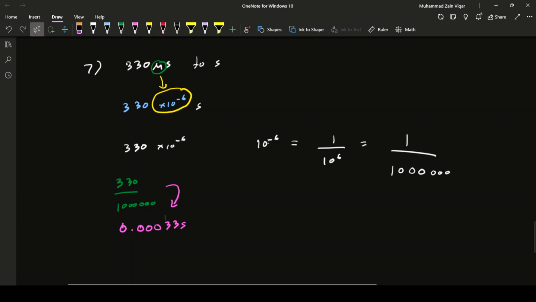Now there are three other methods which we talked about. So we'll discuss them in the next